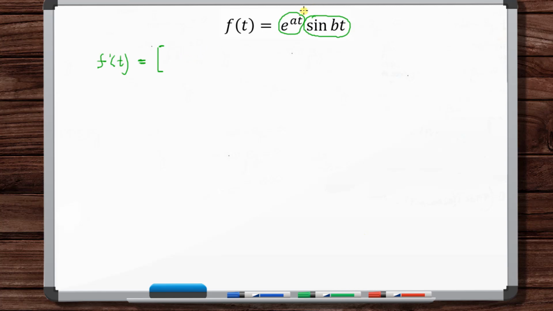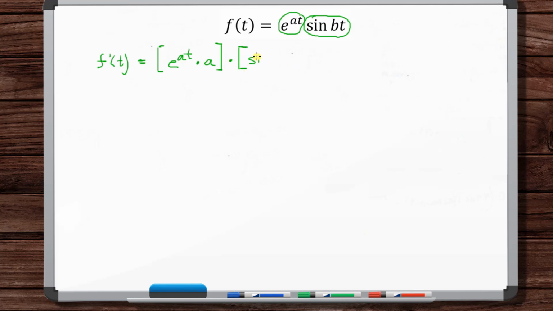Derivative of the first, but we need to use the chain rule here. So derivative of e to the something is just e to the something times the derivative of that something. Derivative of at with respect to t is a, okay? So that's the derivative of the first